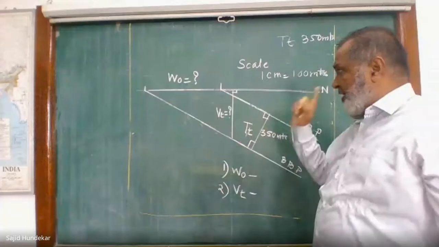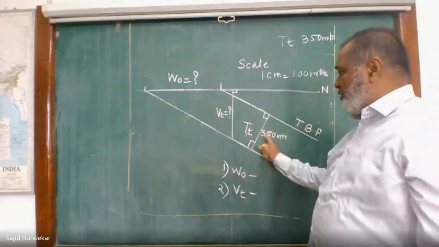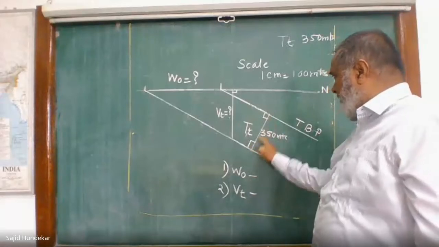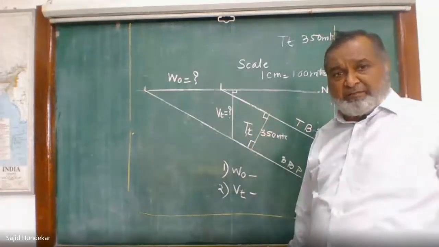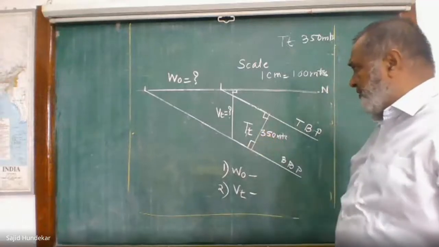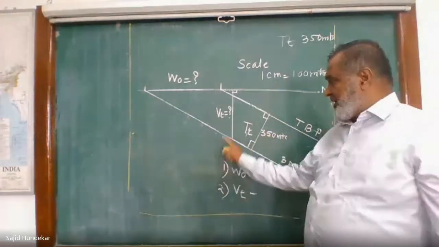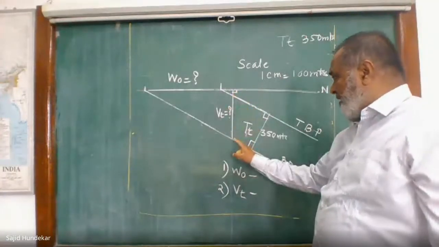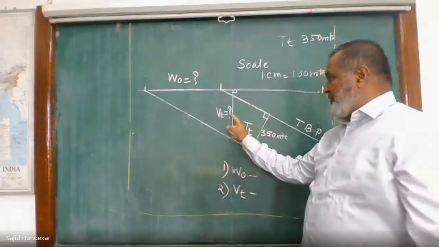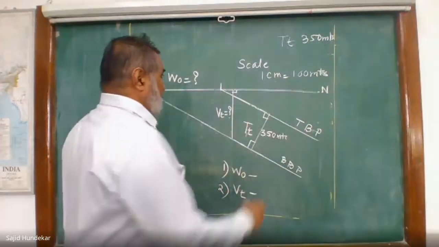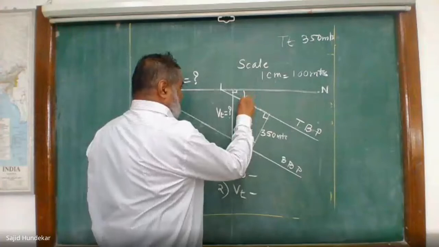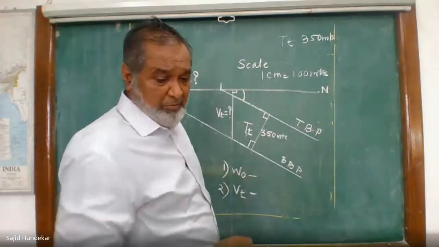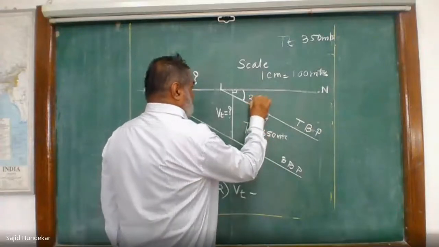Both lines should be parallel. If they are not parallel, then for the true thickness you have to measure the distance perpendicular to both lines. Vertical thickness is perpendicular to the horizontal surface, the distance between the top bedding plane and bottom bedding plane. That is your VT, vertical thickness. We also have to mention the angle we have taken, which is 25 degrees.